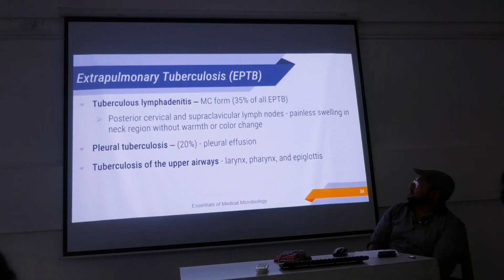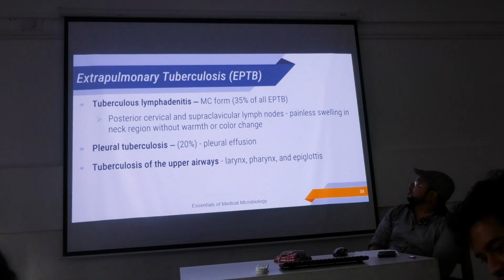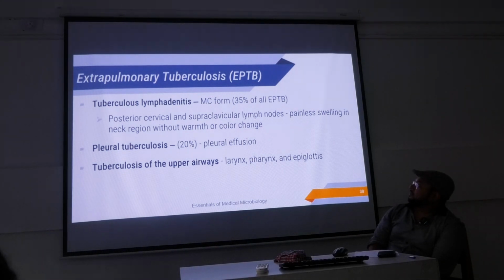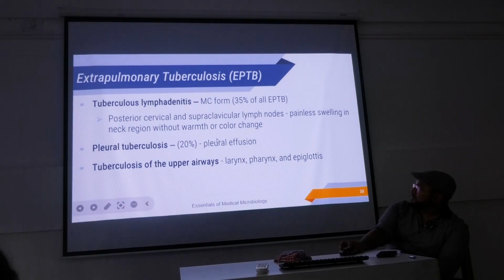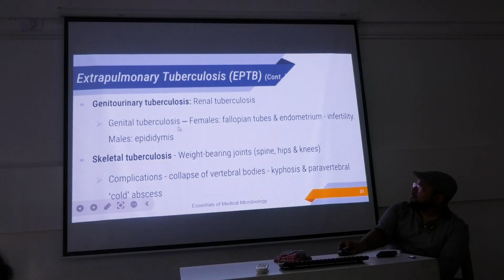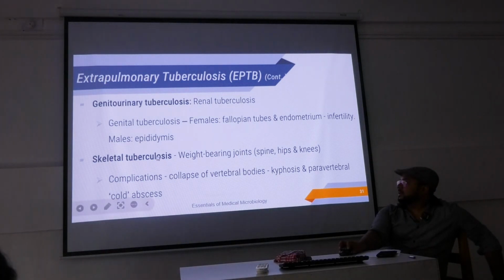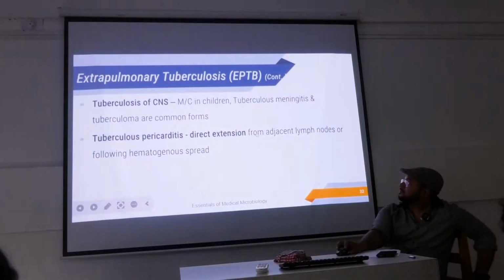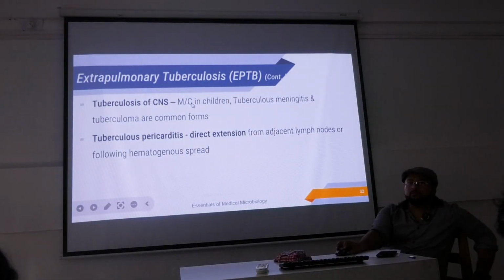Now tuberculous lymphangitis, most common 35% of all extrapulmonary TB. Extrapulmonary TB এবারে চলে আসছি আমরা, কী কী পার্টস আছে? Pleural tuberculosis, pleural effusion, tuberculosis of the upper airway, larynx, pharynx and epiglottis, genitourinary TB, renal tuberculosis, genital tuberculosis, female fallopian tube, কোথায় হতে পারে না, সব জায়গায় টিবি হতে পারে। Skeletal tuberculosis, weight bearing joints, spine, hips, knees, tuberculosis of CNS,